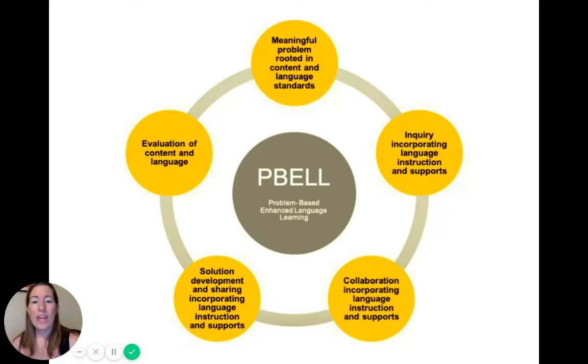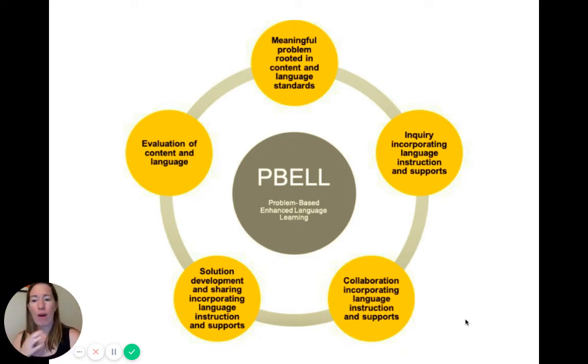All right, so we know that there are five essential components in a PBEL. And when we look a little closer at each of these components, what we see is that language is threaded throughout. So we're going to see language in our inquiry. In inquiry, students are going out, gathering information. They might use the language of paraphrasing to pull information from sources, or the language of summarizing to share that information with somebody else. In solution development and sharing, we're asking our students to pull information together, maybe to synthesize or analyze, and then to share it. And sharing is going to be oral or written, and there's lots of language skills embedded in that.